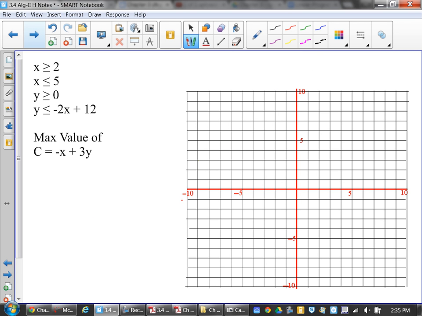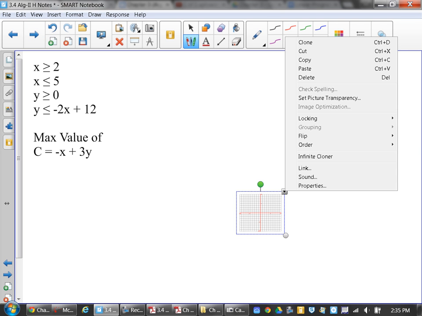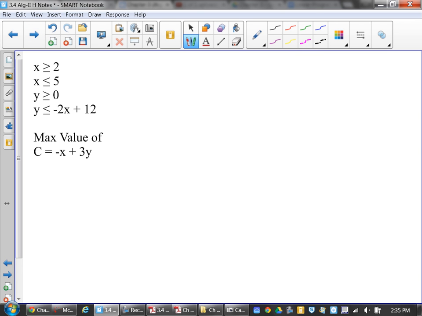Look at this. Same idea. Same basic idea. You have x greater than or equal to 2. X is less than or equal to 5. Y is greater than or equal to 0. And y is less than or equal to negative 2x plus 12. And it wants you to find the maximum value of that constraint function given to you